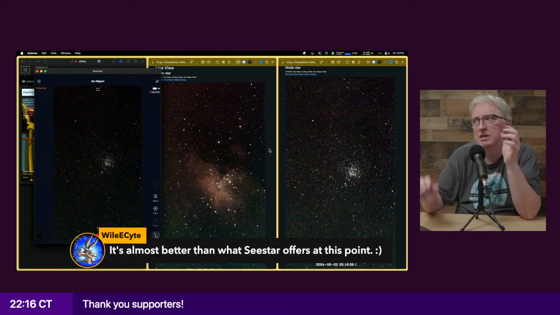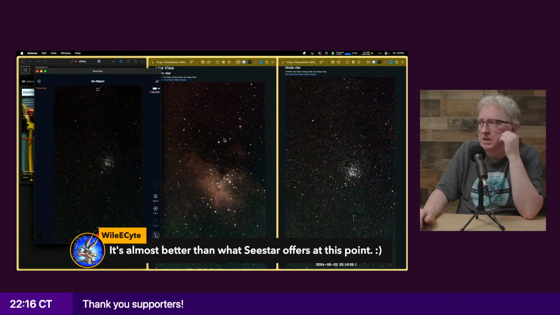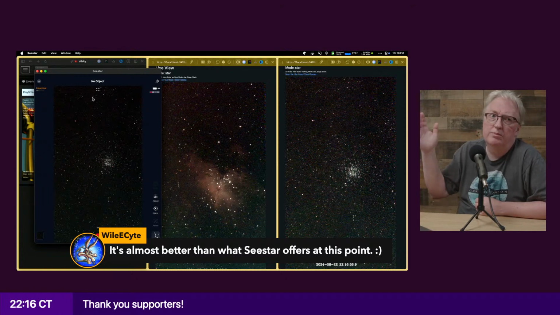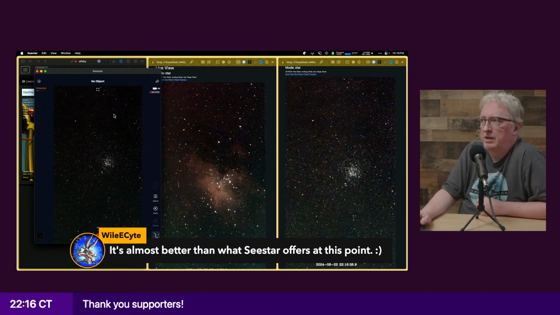And the other thing that'll be nice, not immediately, but pretty soon, is that the app only shows you the elapsed exposure time, and it'll do a little pop-up saying, oh, a frame failed.